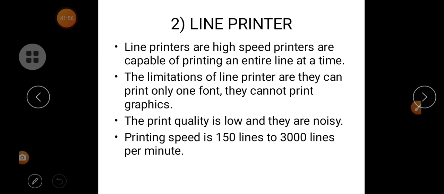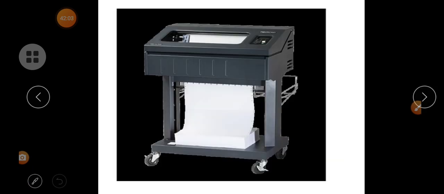Okay students, so line printers will look like this. See, this is a line printer. Here we are going to put the paper, and from here it is going to print.